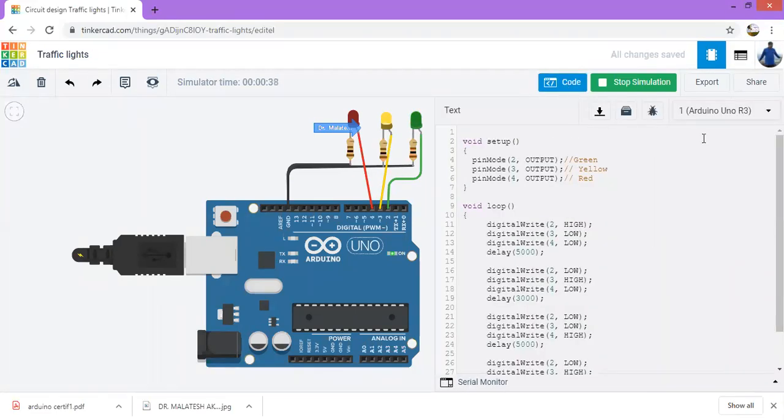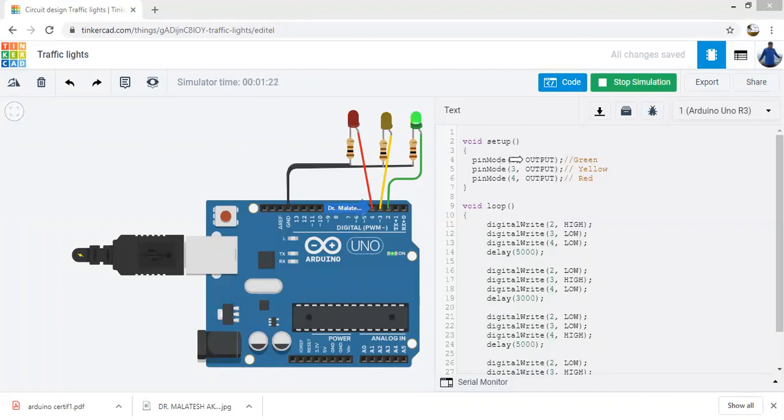I'm going to show the code here now. It is very simple. It is like the blink program only. In the blink program, only one LED we had used, but here we have used 3 LEDs. Just an extension of the same program. So you can observe in the first block, the setup block, I'm going to use 3 pins. Pin number 2 is connected to green, pin number 3 is for yellow, and 4 for the red. As I said, we can utilize any of these 14 digital pins.